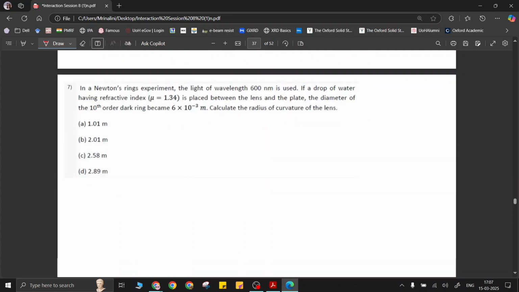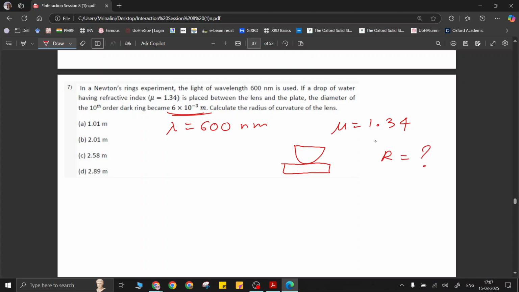Next question is again on Newton's rings. Here the wavelength of the light is given as 600 nanometer. A drop of water having refractive index 1.34 is between the lens and the plate. The diameter of the 10th order dark ring becomes 6 times 10 to the power minus 3 meter. Calculate the radius of curvature of the lens. Now we have to calculate R. Again, the formula that we had found out,